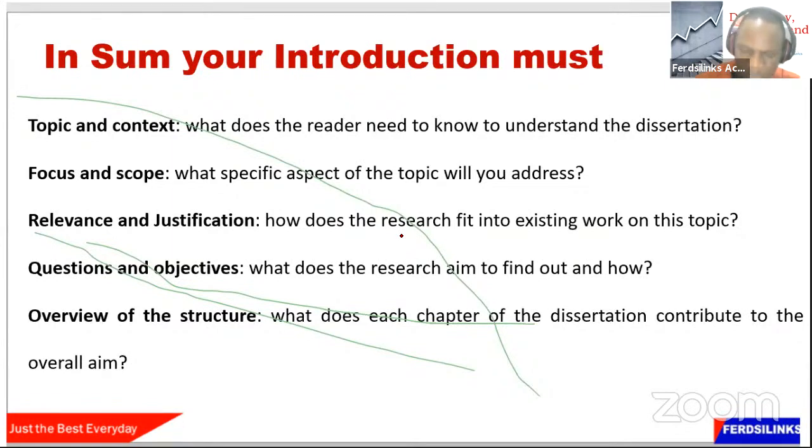For instance, there are some universities that will say your chapter 1 must have the background. Or we say our chapter 1 will be general introduction, we have specific introduction, background to the study, we go to problem statement, research objectives, research hypotheses, research questions, significance and justification, or justification as an independent heading, scope or delimitation, definition of key concepts, organization of the work, and so forth. So the requirements may differ, but principally what we have done are the key things that are